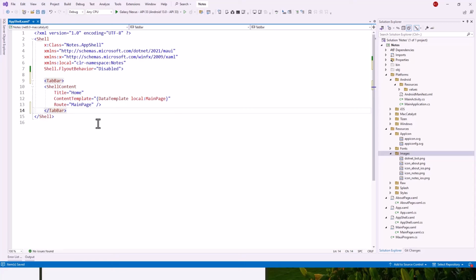So the tab bar will be clear when we browse the application, when we render the application. So shell content title, instead of home it will be notes now here, and this part will be the same as it is, data template local, which is pointing to the main page, and instead of the route here we'll create an icon attribute. We'll use the icon attribute. Now we have got the icon. So icon